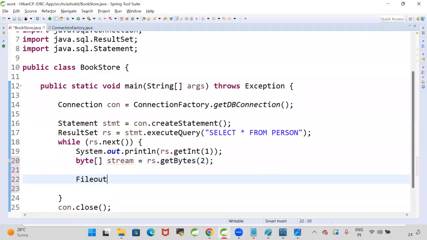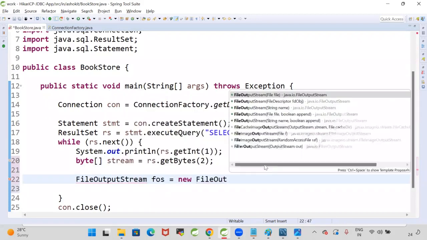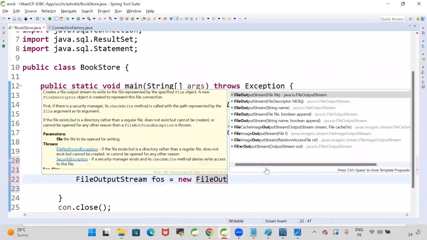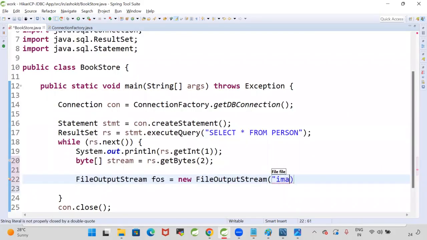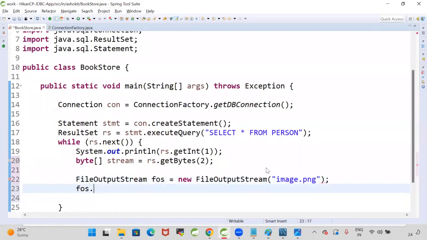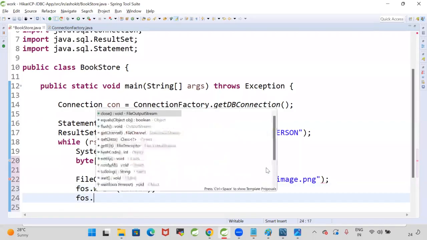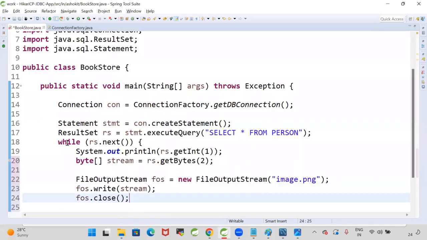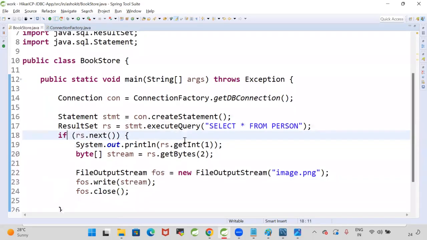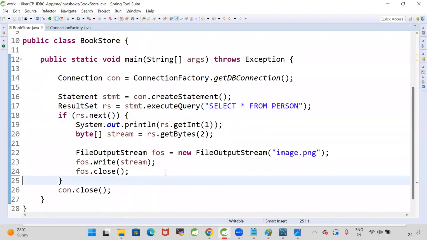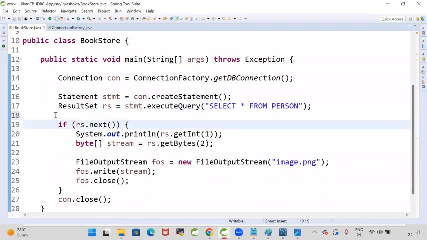Then FileOutputStream fos is equal to new FileOutputStream of whichever file you want. You can keep that file. I want to keep it as image.png, outputStream.write of that stream. Then fos.close. So here, if rs.next, there is only one record available. So I'm going for the